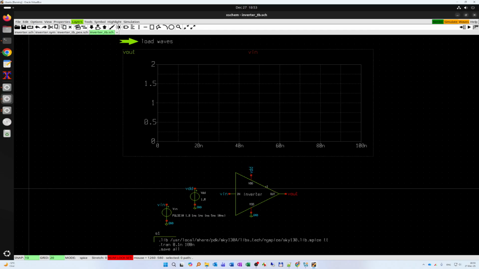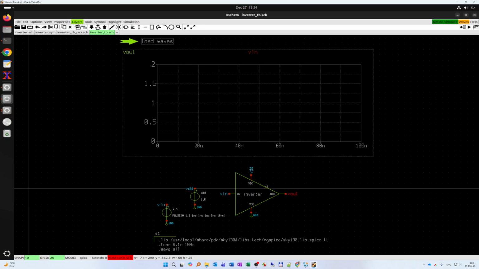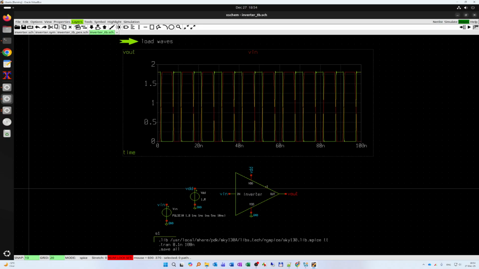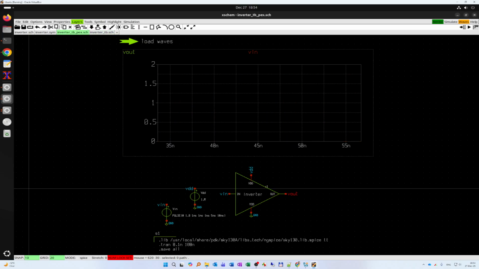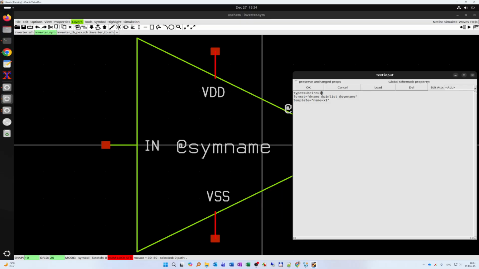And if we do the simulation, this test bench saves the results in testbench.raw, and this is the schematic simulation. Because we are using the same symbol, I need to do it again here. Type to primitive,